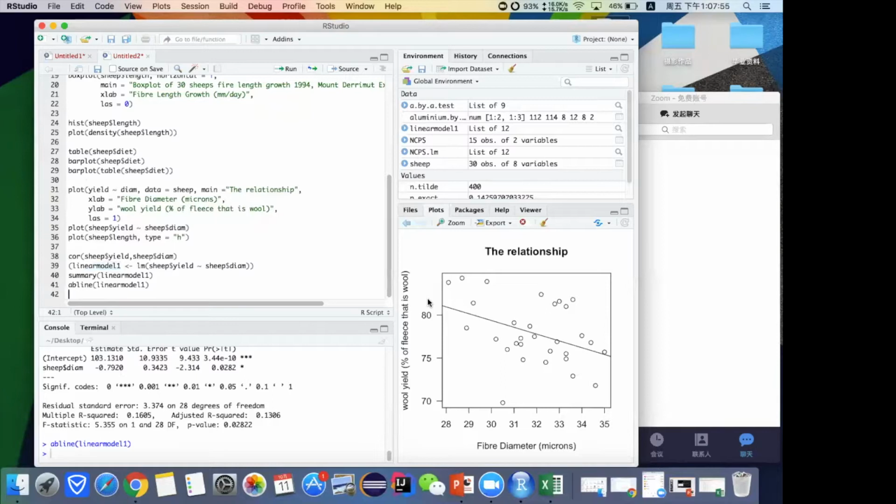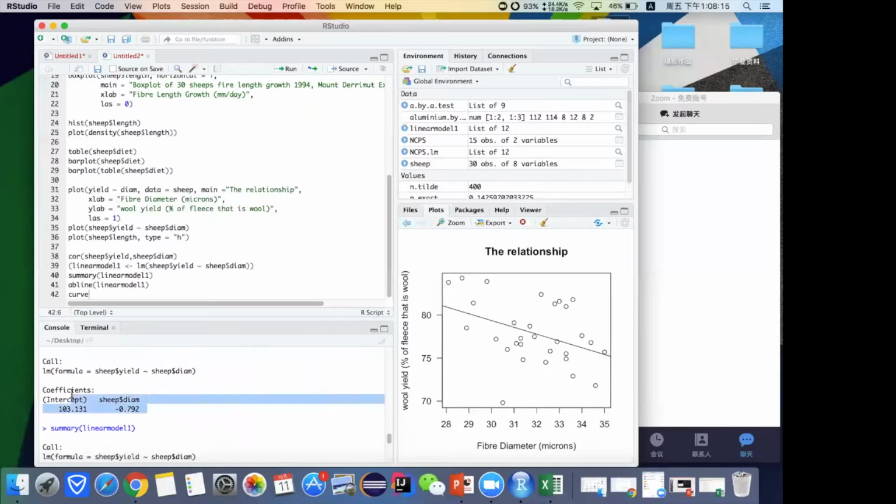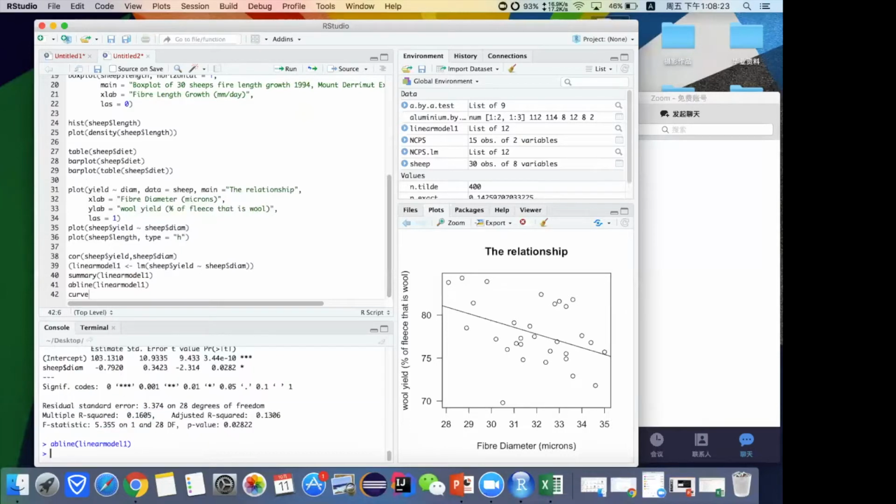Let me show you. It uses the curve function. The curve function is usually used to draw the diagram for a certain function. Here, because we have got the fitting function from this part, what the curve can do is to put this 100,